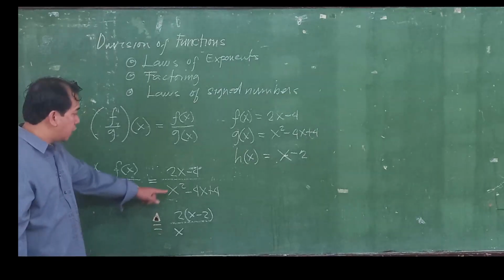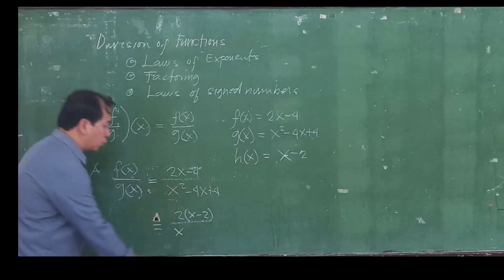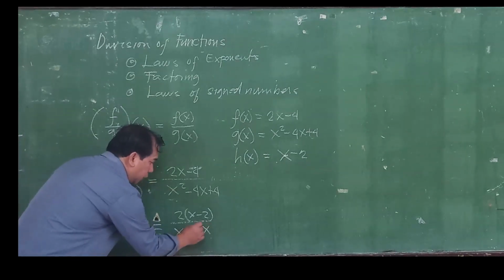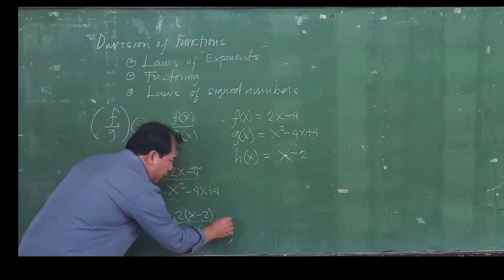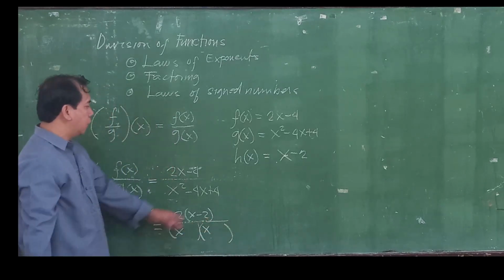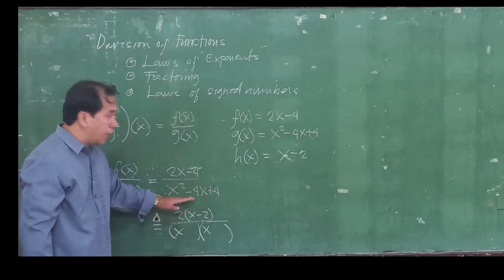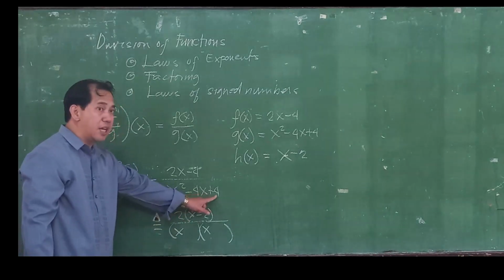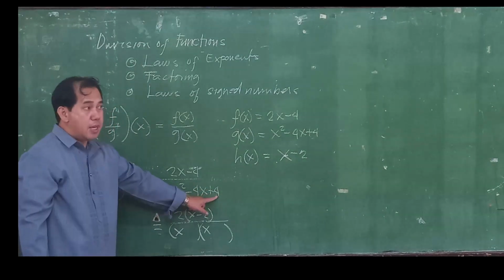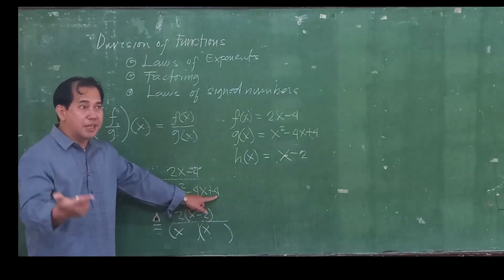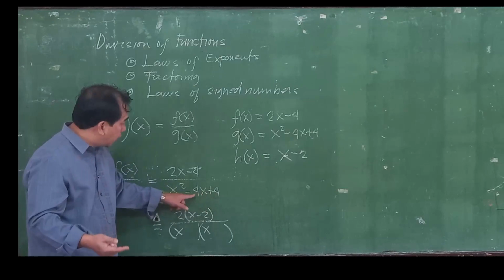X multiplied by x will give you x raised to 2. So, meaning, the factor that we have is a binomial factor. What about this one? When we factor a trinomial, we factor the last term and then the first term, so that when we factor the last term and the factors are added, it will give you the